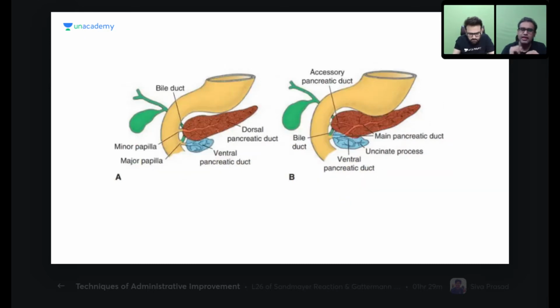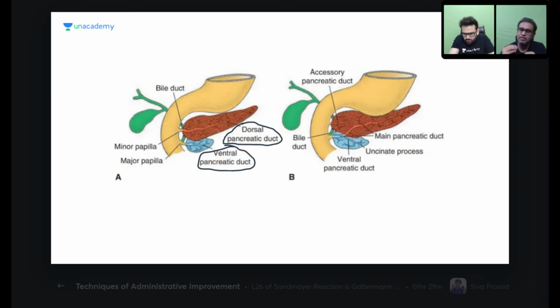Here you will see that this light blue ventral pancreatic bud rotated behind and stuck below the dorsal pancreatic bud. This is how these two buds come close to each other and their parenchyma starts to fuse. As we know, the pancreas is mainly exocrine, so their ductal system is also going to fuse, and this is how the pancreas develops.